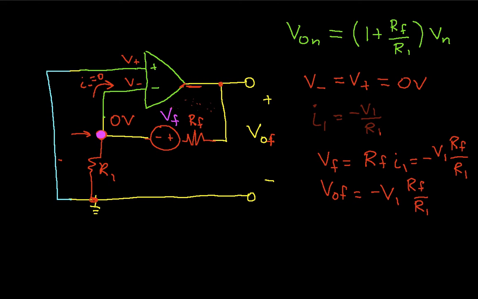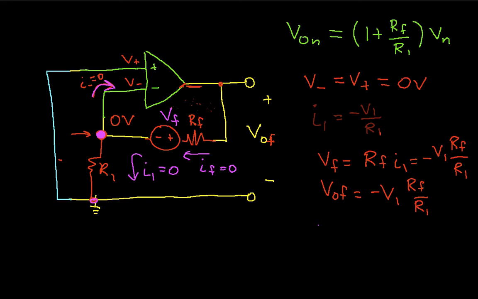And if we have 0 volts across R1, that means the current I1 has to be equal to 0 as well, because if the voltage across the resistor is 0, the current is 0. And since no current is flowing into the inverting input, I minus is still 0, that means that the current through RF is also 0, which means then that